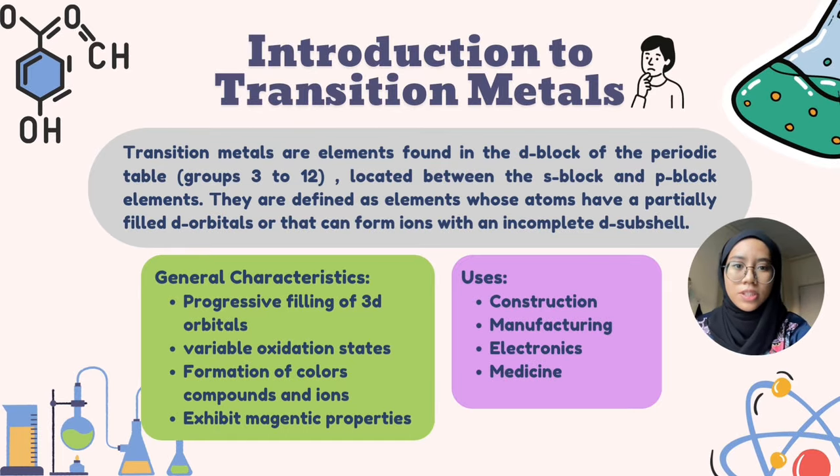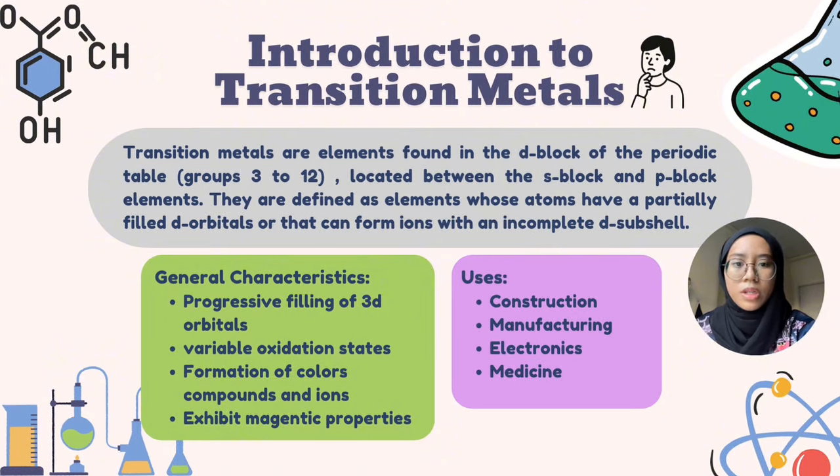Transition metals are elements found in the d block of the periodic table, specifically in groups 3 to 12. They are located between the s block and p block elements. What makes them special is that their atoms have partially filled d orbitals, or they can form ions with incomplete d subshells. One important characteristic of transition metals is the progressive filling of the 3d orbitals as we move across